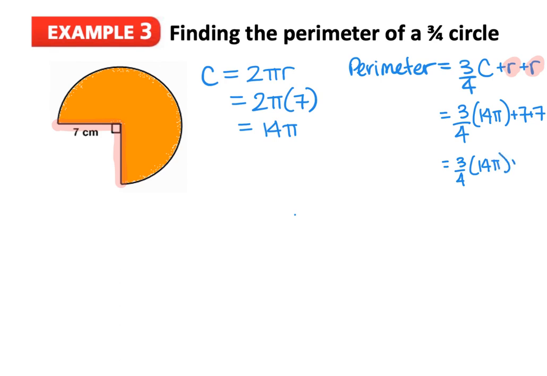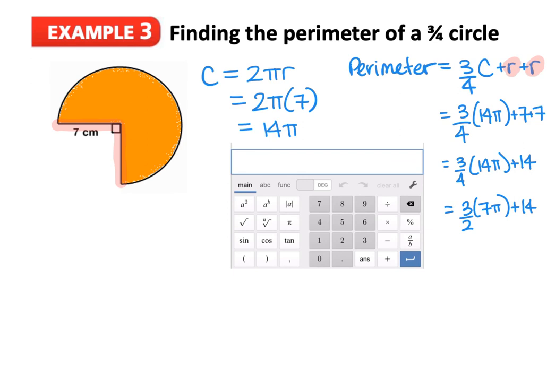And we can simplify this part here because they're multiplying. So both 4 and 14 are divisible by 2. So now we have 3/2 times 7 pi and then plus 14. So we can use Desmos and then just type this in the exact same way you've got it written down. And then when we use the brackets, Desmos is going to know that you're multiplying. So we have 3/2 in parentheses 7 pi, close parentheses, plus 14, and we get